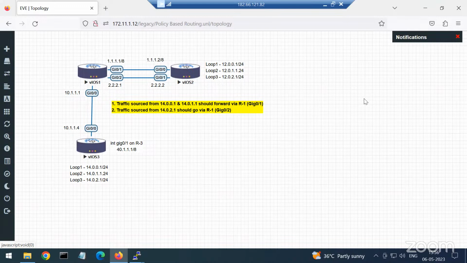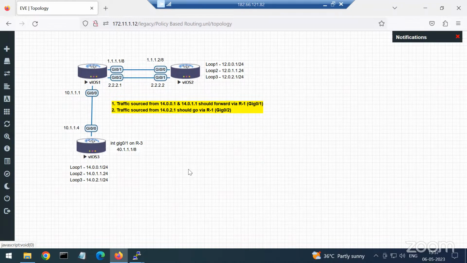Sorry, 3 devices are there, no, 4 devices. So over the topology, as you can see, the points which I have mentioned in yellow color say that traffic sourced from 14.0.0.1 and 14.1.1 should be forwarded via router 1 gig 0/1 link, which is the 1 dot network. That's my primary requirement, that most of the traffic will be going via the 1 dot link. And secondly, the traffic which is sourced from the network 14.0.2.1,